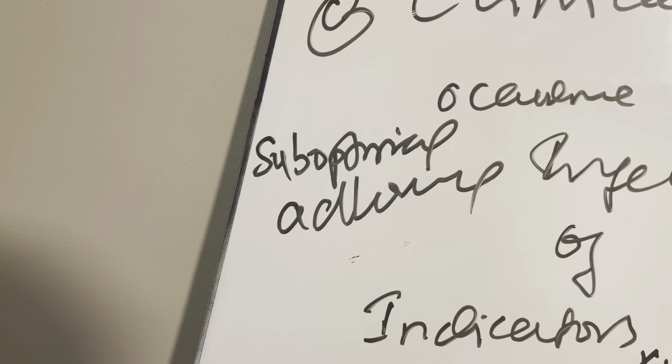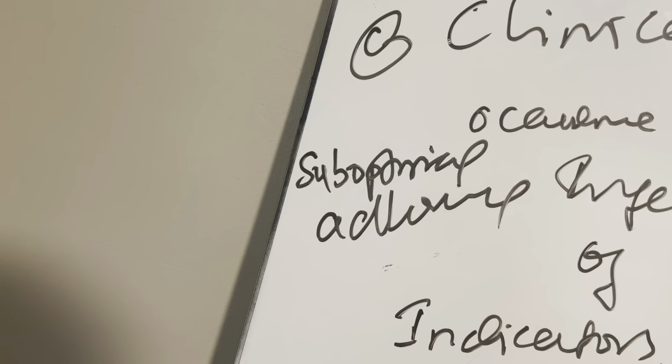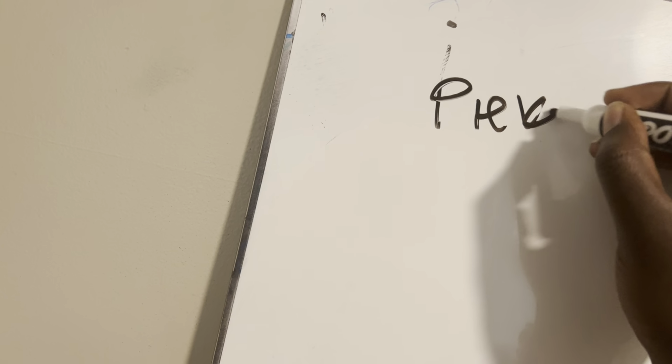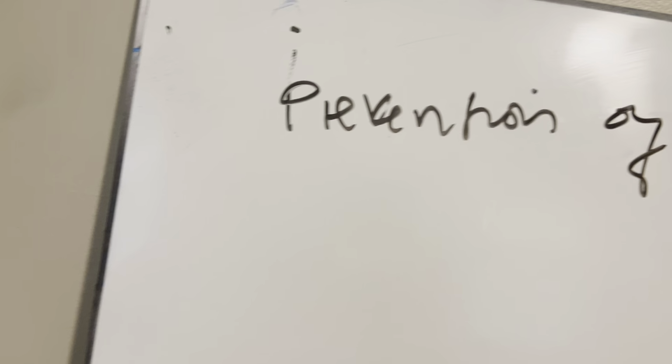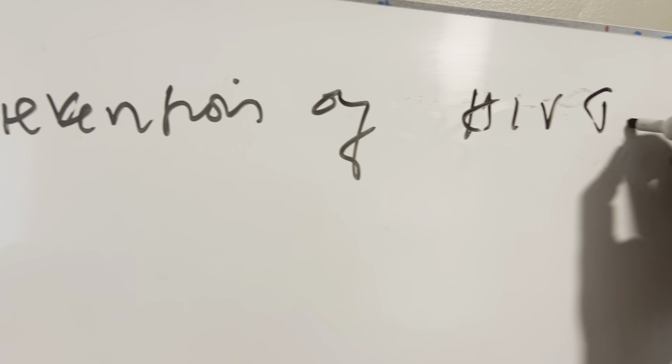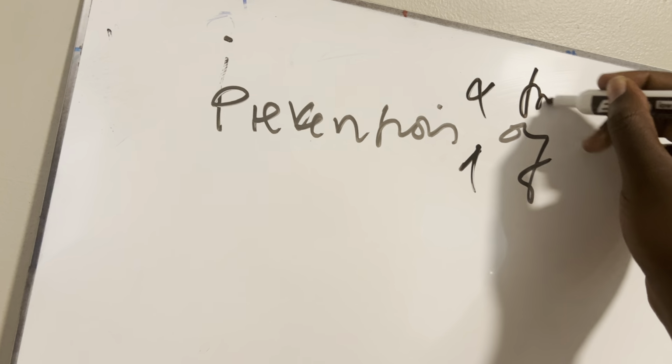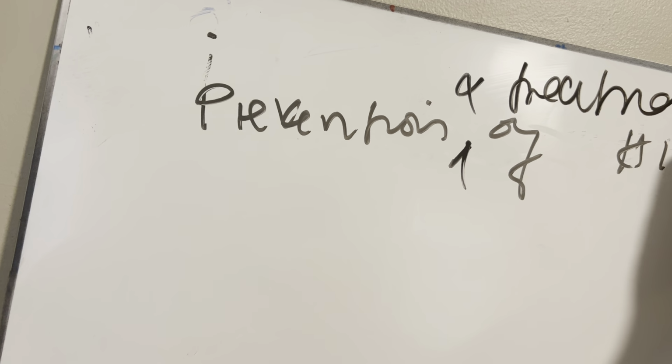Poor adherence affecting overall treatment efficacy, drug resistance, inadequate ART regimen. So how can you prevent treatment failure? So prevention of HIV treatment failure. Prevention and treatment or management. So number one, you have to assess